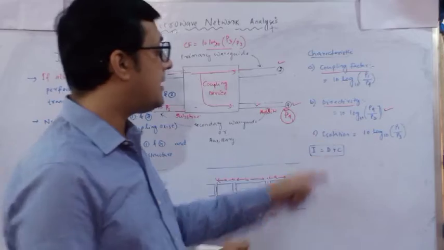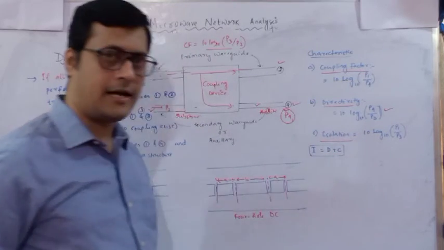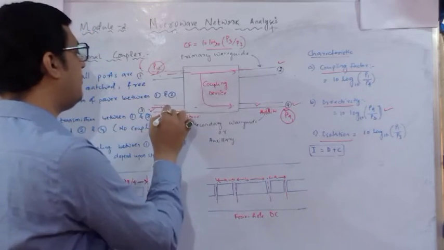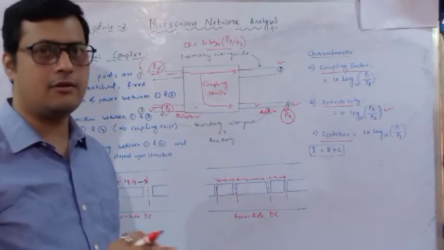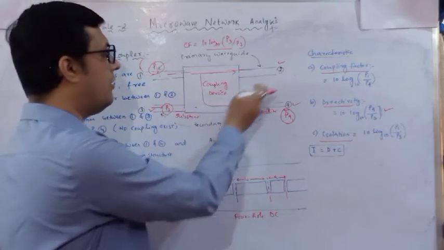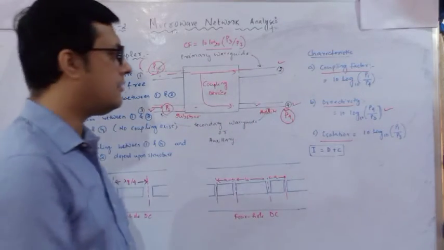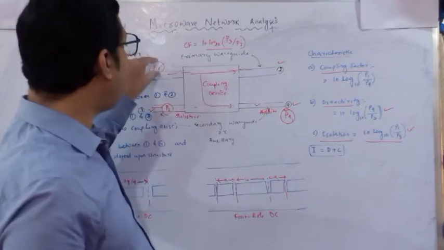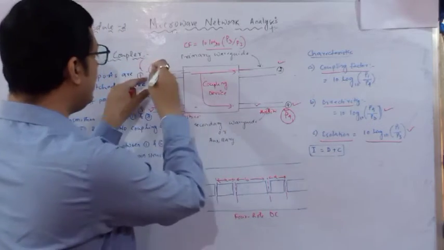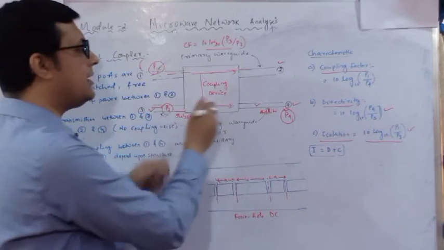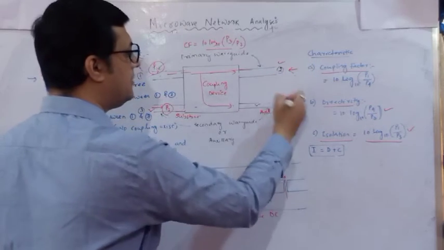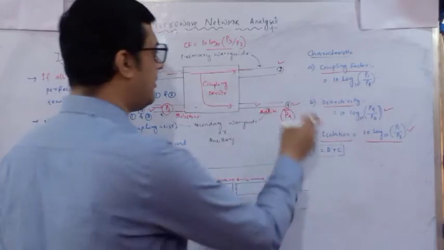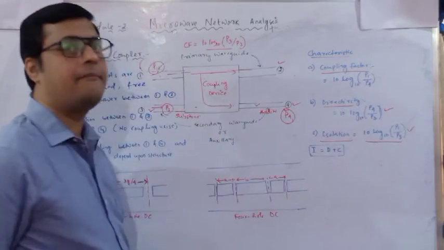Okay. Second, last one is isolation. Isolation means we have to consider with respect to port 1. Now port 1 and port 3 are isolated from each other. There is no relationship, meaning no power is available. Or you can take P2 with respect to P4. So here I have to take 10 log of P1 by P3 because power is fed at port 1. No power is available at port 3. Similarly, if you feed the power at port 2, there is no relationship with respect to port 4. In that case, you can write P2 by P4. But for this case, we can write P1 by P3.